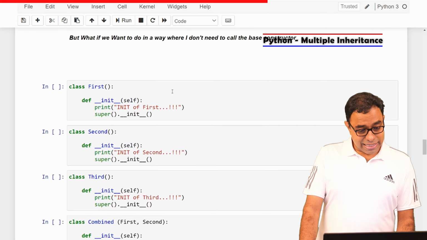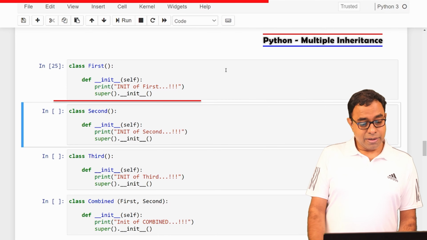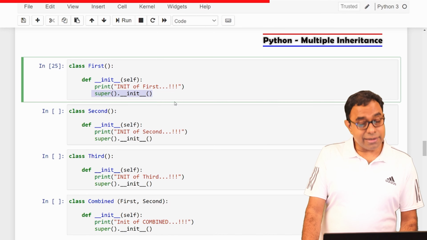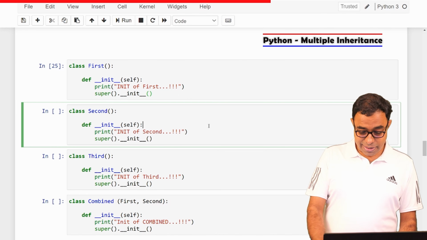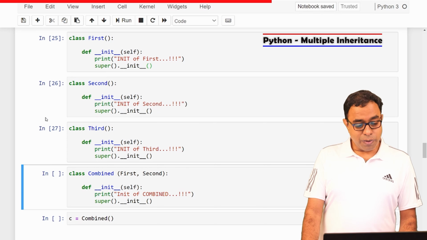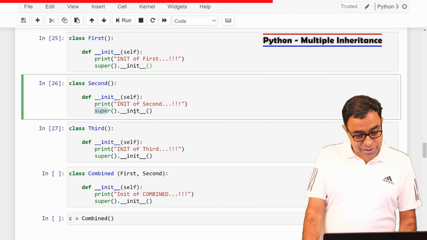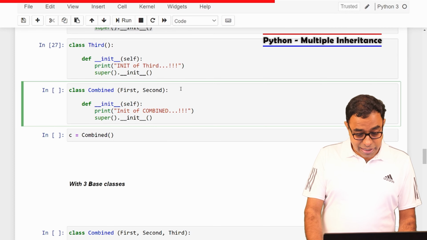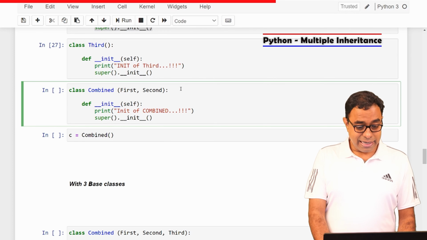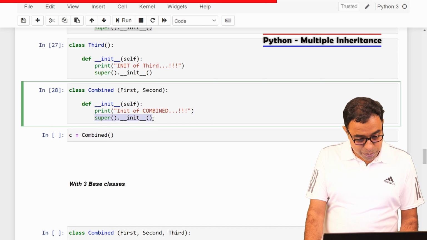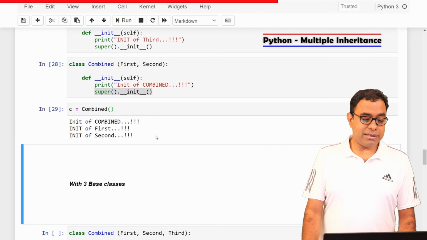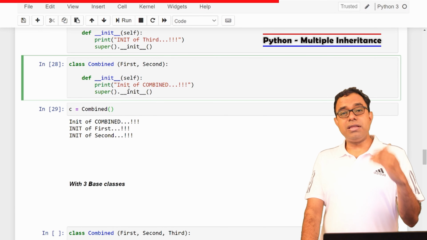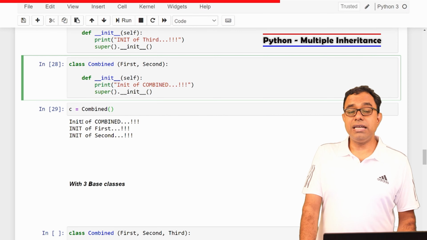So what happens is that in the first class, I will do super init blindly, even in the second, even in the third. What I'm trying to do is that I'm doing this super init in all classes, and then if I derive from first and second and I just say super init, this will make sure that all the corresponding init functions get called.